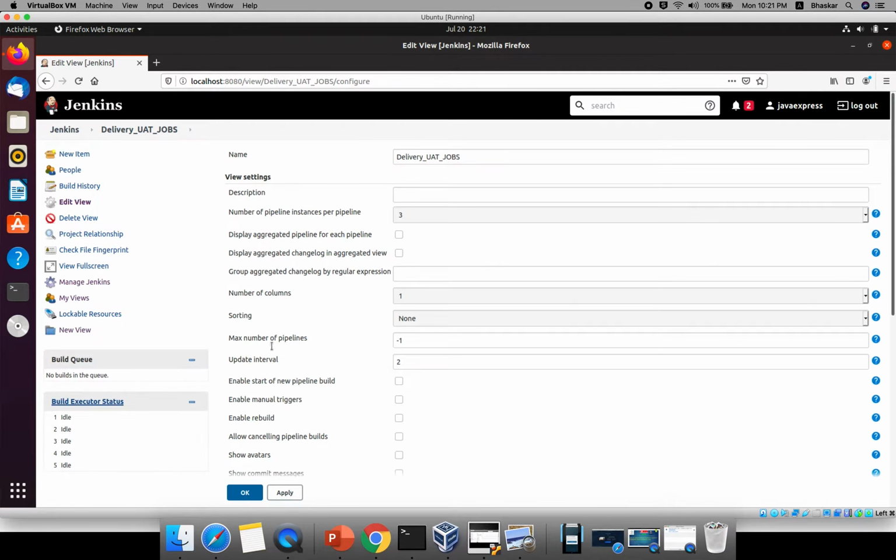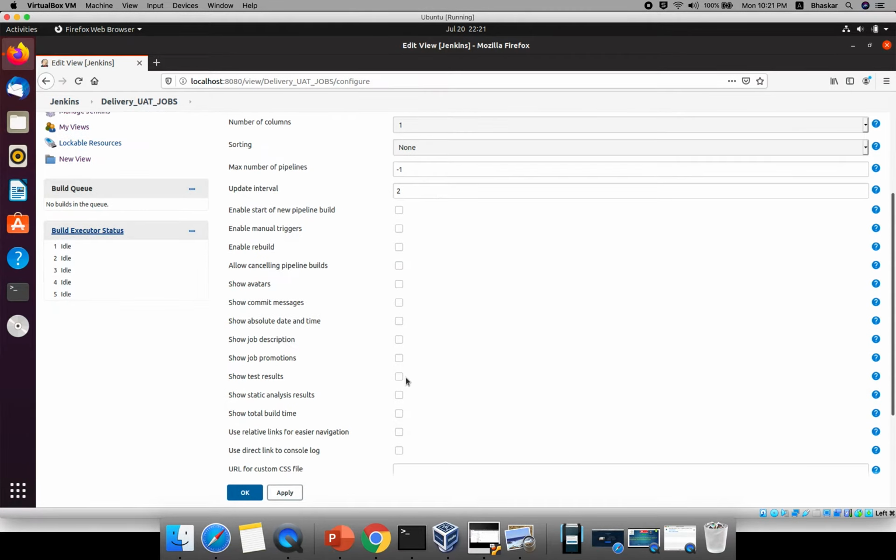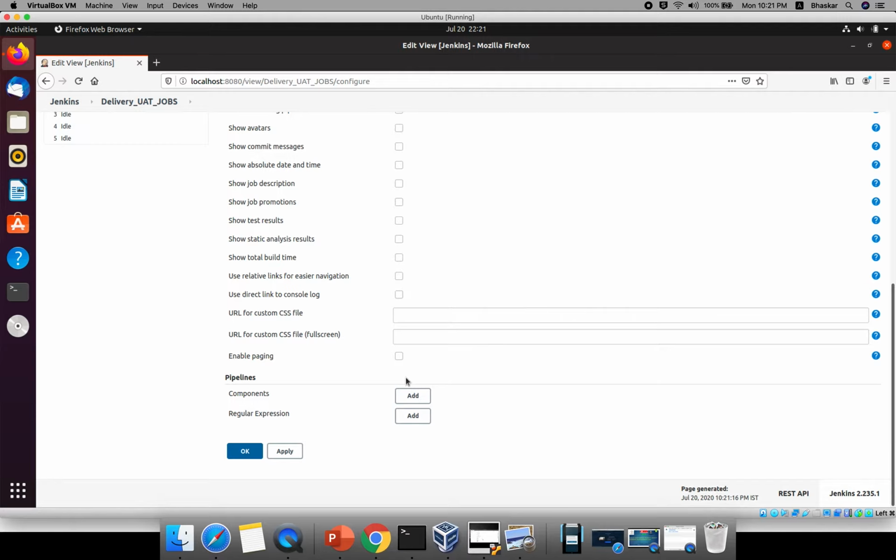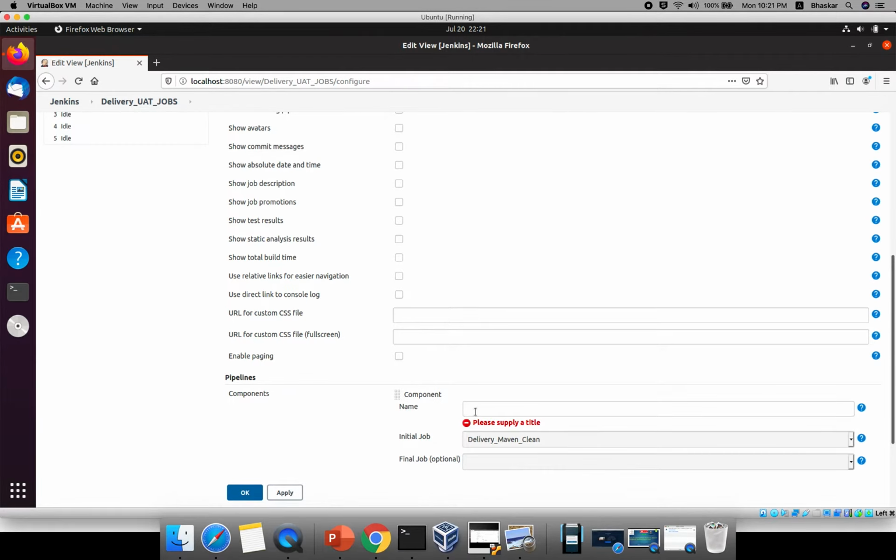Here you can keep all the default options. You don't need to change anything. Come down, later we can change these things. If you go down here, there is a component section. Click on Add Component. Here you need to provide some name.